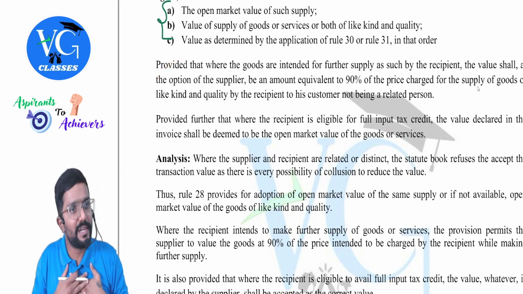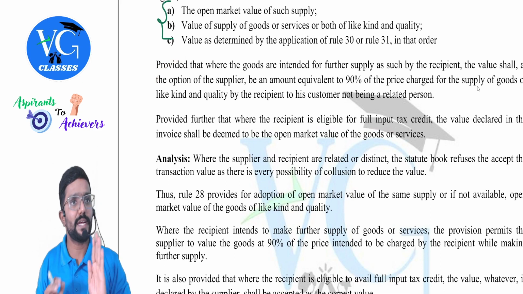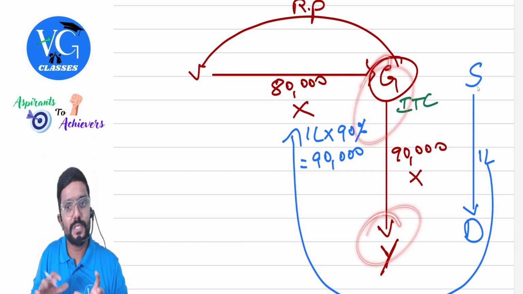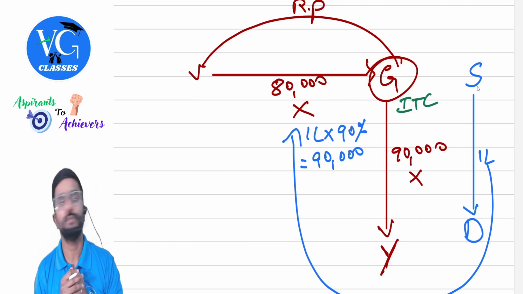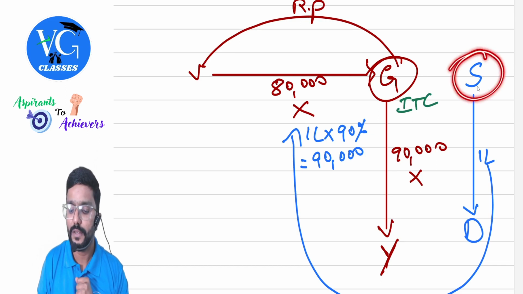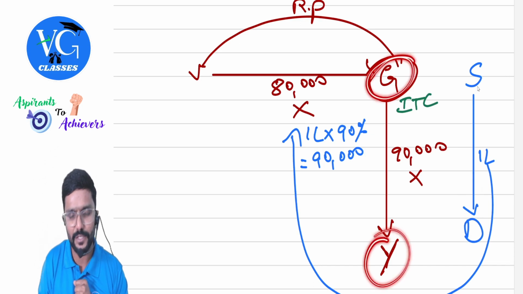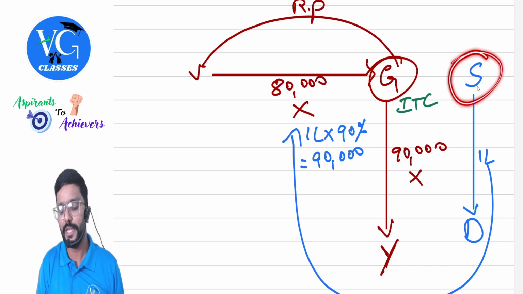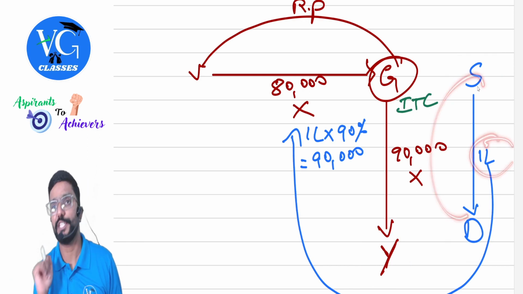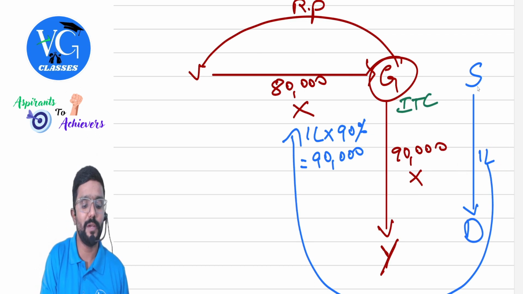Whatever the recipient Girish will receive, is he further supplying it? If yes, then check. If Girish is supplying to Yashas, is similar goods supplied by other persons? You just look around. Is there anyone who is supplying like that? I got it. Shakti is supplying similar goods, like what Girish is supplying to Yashas, to Deeptistri, at a value of 1 lakh, and they both are not related. In that case, we will take 90% of that as the value of supply